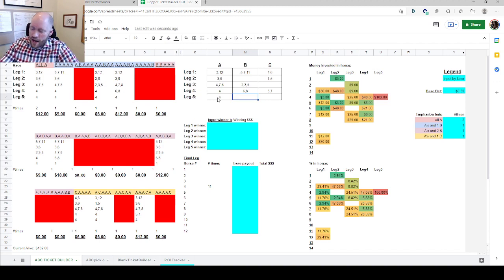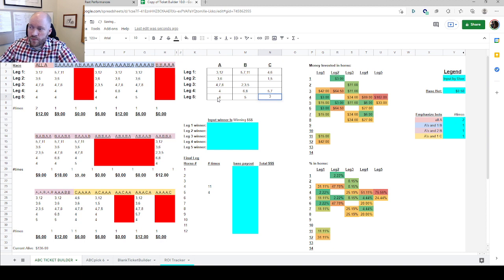I'm going to, for now, leave him in here as a B, and I'm going to make Swiss Skydiver a C. And the reason I'm making Swiss Skydiver a C, and I know a lot of people love her, is the fact that she had a break in her training. This was not the plan. This was a last-minute change of things.